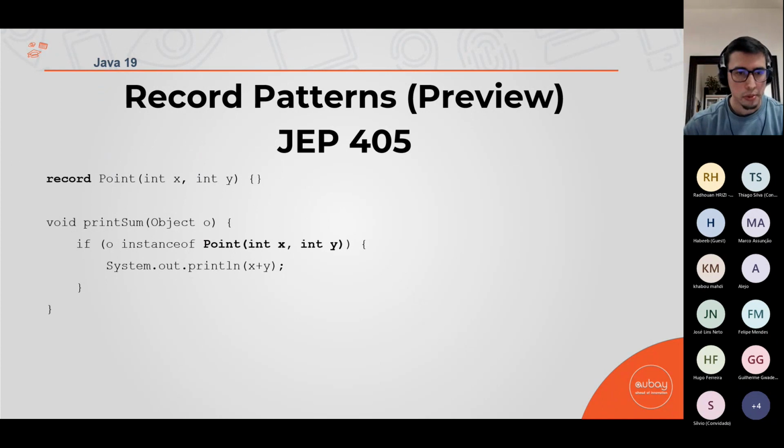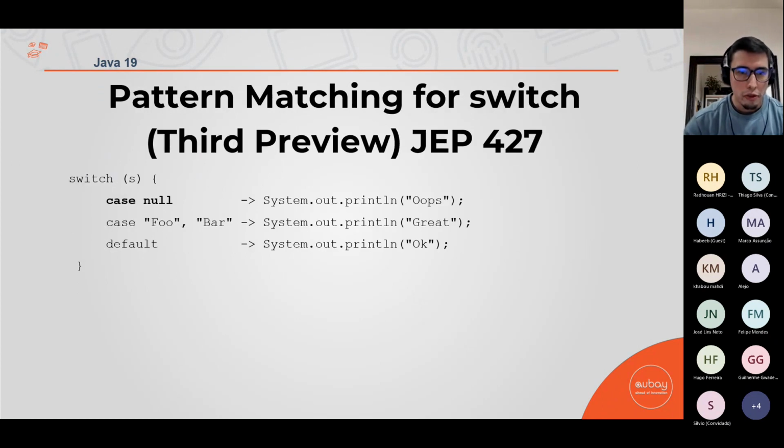It's your choice. We also have pattern matching for switch, and this is the third preview. Like I said, pattern matching is getting bigger, and we have a lot of things related to pattern matching and a lot of improvements that can help you as a developer. In this case, we have case null for switch. Before that, we usually did if null and then did something.